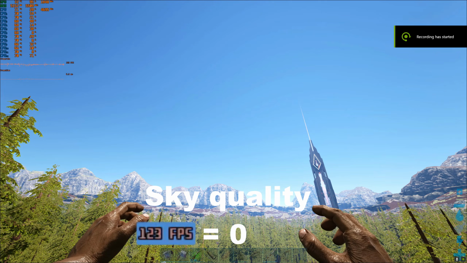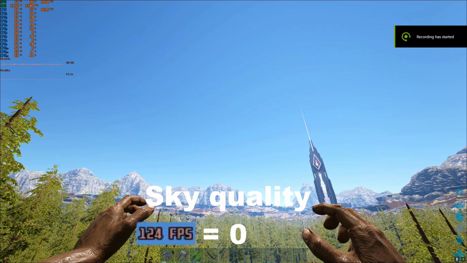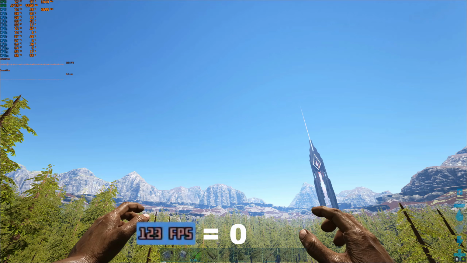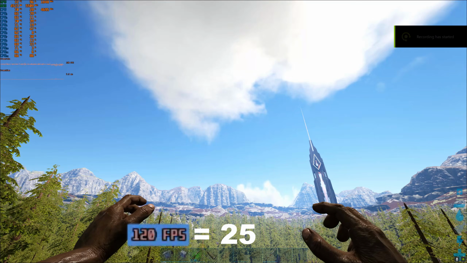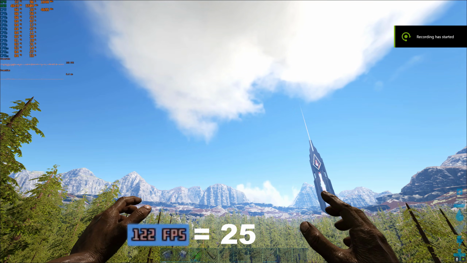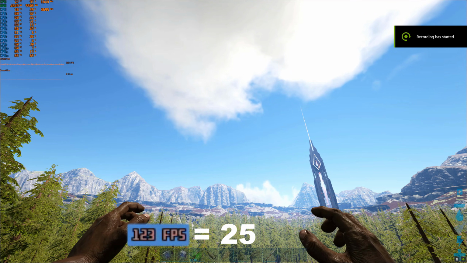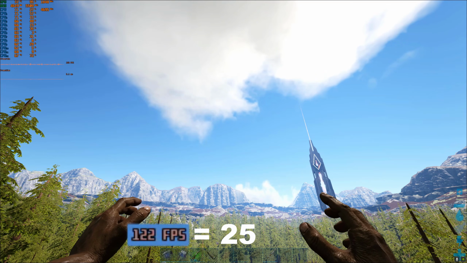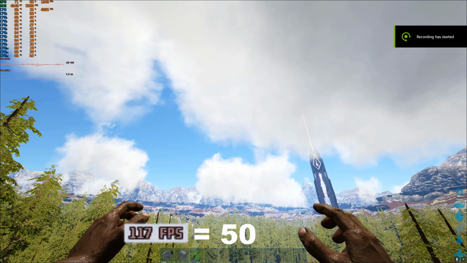Next up we have sky quality. Sky quality is controlled using a slider. So I have decided some presets, which is 0, 25, 50, 75 and 100. And as you can see, as we increase it, we suddenly get clouds, more and more clouds, and we also lose more and more FPS.